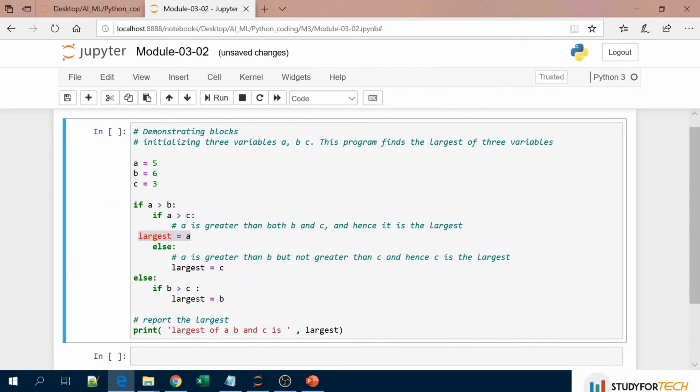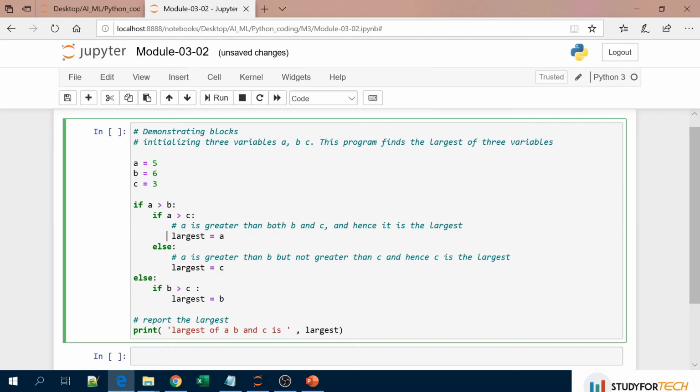You can see here the same code example I have written in Jupyter Notebook, so that you can understand how to run the same code in Python. Here I have initialized a equal to 5, b equal to 6, c equal to 3. If a greater than b, then check if a greater than c. If both conditions are true, then it will say a is greater than both b and c, and the largest would be a.